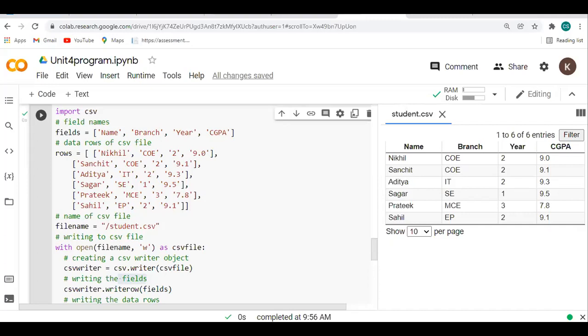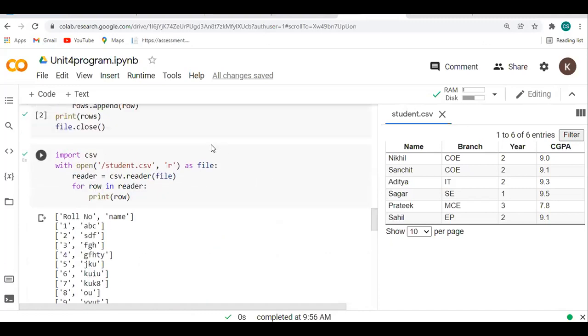We are using this CSV reading and writing operation most of the time if our data is more than 100 rows, or suppose we want to display the data of students, like here for writing I am taking this example. Suppose we are creating an Excel sheet and we want to access that data directly with 2 to 3 lines of code. That time we are using the read operation. Why?